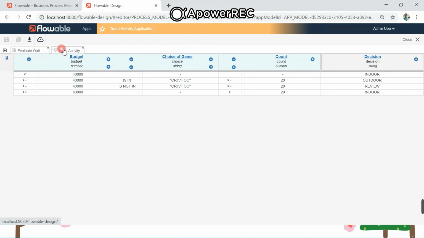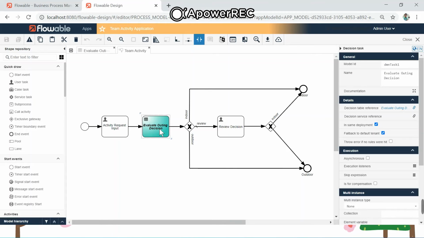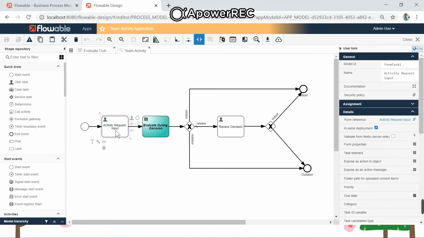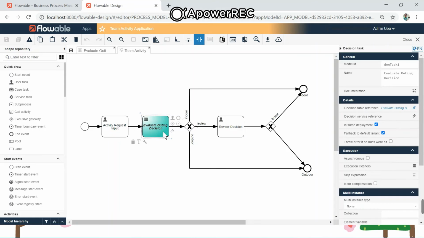And this business rule or decision table is being used in this decision task. So overall, in this BPMN process, we have a start event, then a user activity, which takes the input from a user form. This user form gives the input to the decision task, and the decision task will perform some business rules and provide an output decision, which could have three possible values: indoor, outdoor, or review.